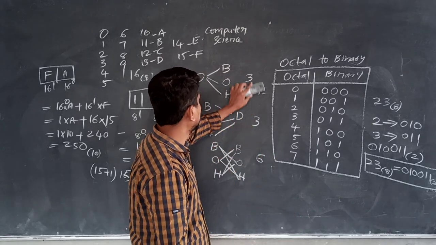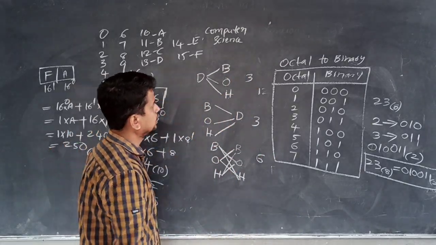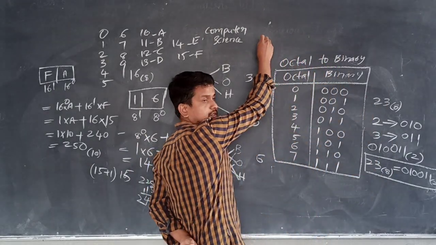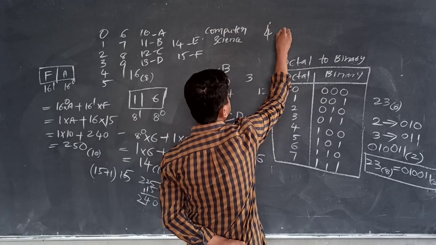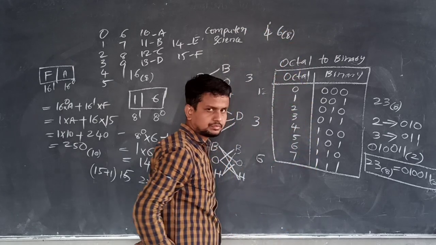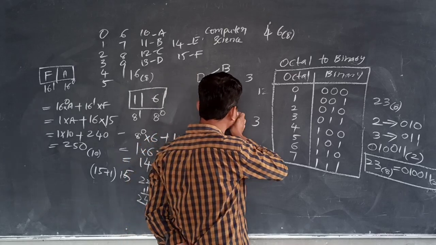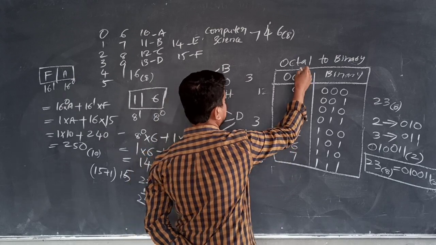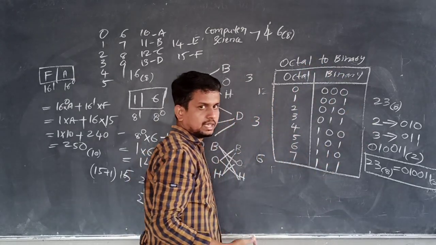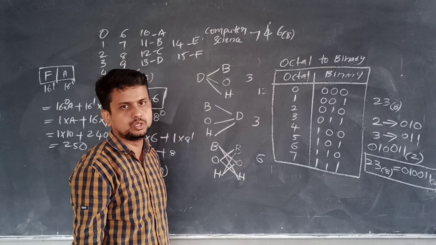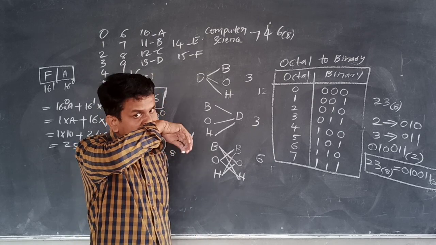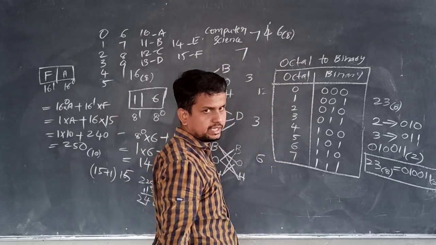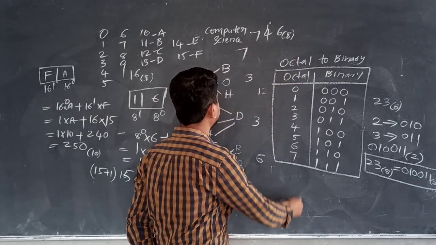Let us understand now. I am taking 746 base 8. The question is like this: convert 746 base 8 into the binary number system. That is the question. So how can we do that? All of you know that. We identify the binary equivalent of each octal digit. What is the binary equivalent of this octal digit?